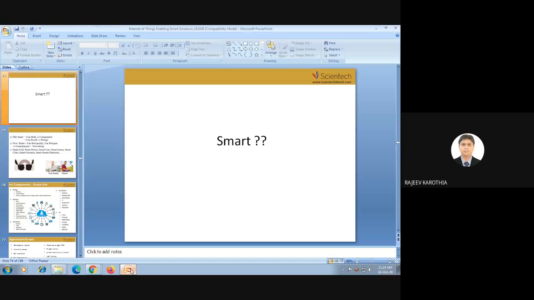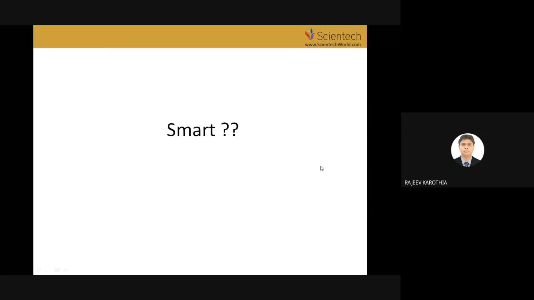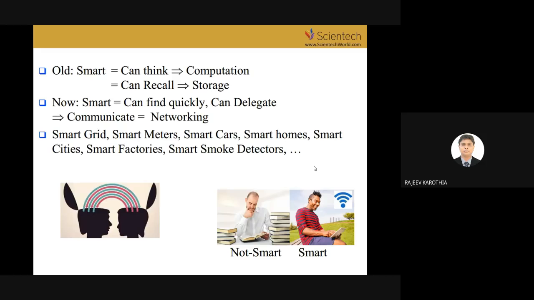Okay, so move ahead. Now the question arises: what is smart basically? अभी हमने जितनी बातें करी सब कुछ smart सारे smart environment, smart healthcare, smart city, सब smart की बातें. But what is smart basically? How we can make a device a smart device? So in this picture, you can see if we are talking about the smart definition. In the old definition, we can say any device which has computation capacity or storage capability, we can say it's a smart device.